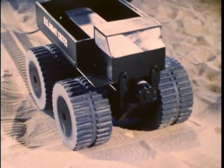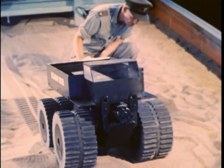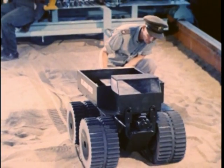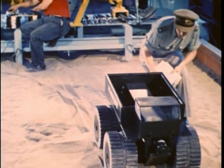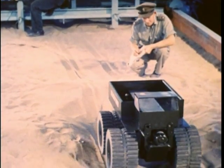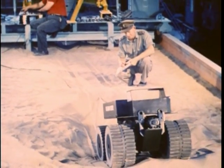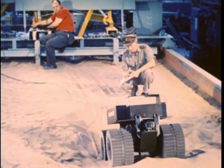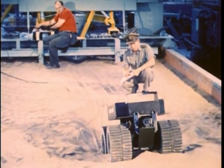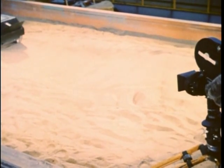The hot, dry sands of the desert are simulated in another test bin. Different elevations and angled slopes are artificially created. The locomotion concepts of ATAC research experts conducted in this laboratory are supplemented by ideas submitted from other sources. Civilian inventors often submit models of their concepts for possible use by the Army. Detailed photographic and written reports are then evaluated to determine whether the new idea can contribute to the mobility of